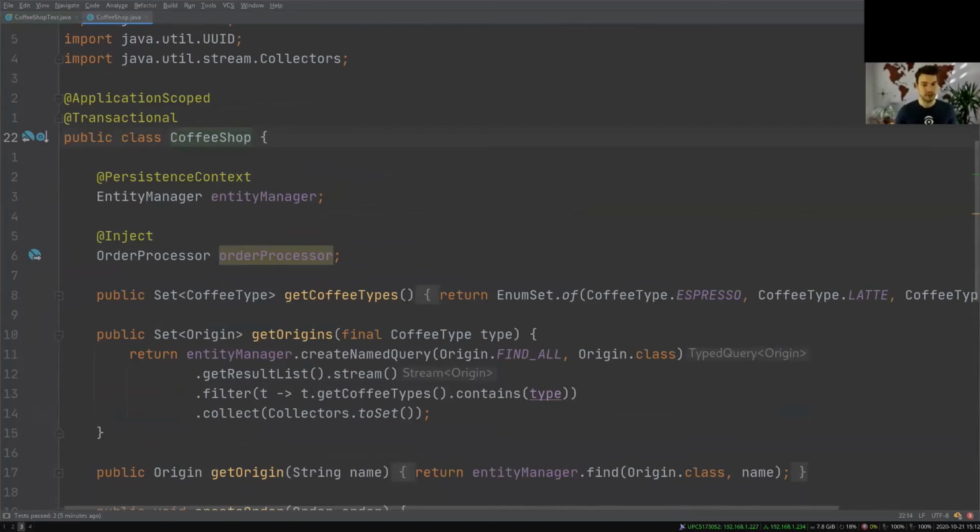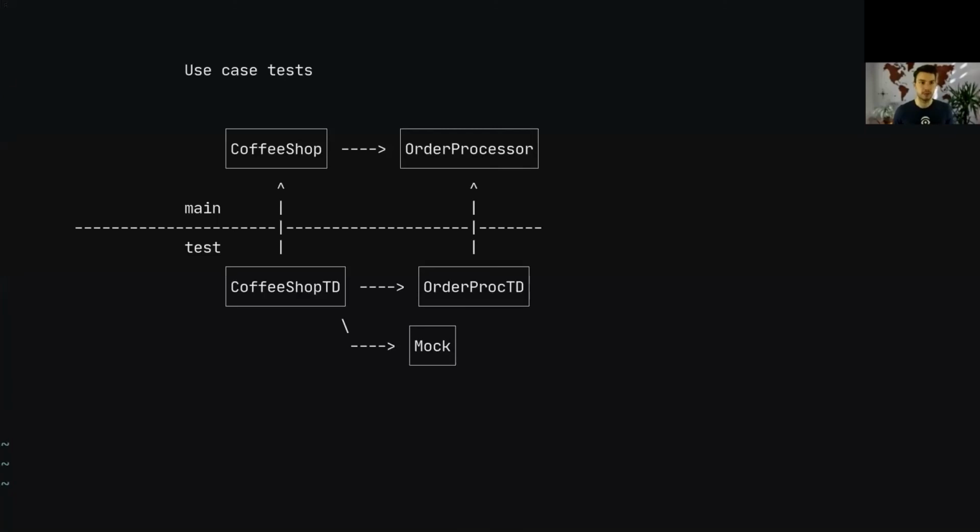So what I do instead, and I explained this in my book, where I called it component tests, or here I could call it use case tests as well: basically code level tests that verify any dependencies that are included in a use case, but on a code level and without any other test frameworks, without setting up an application context or something like that, only via plain Java. And this coffee shop is an example that uses a dependency of order